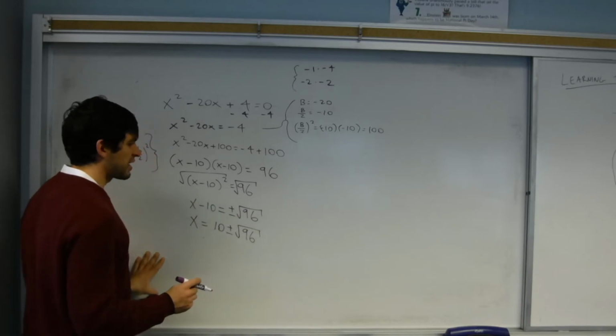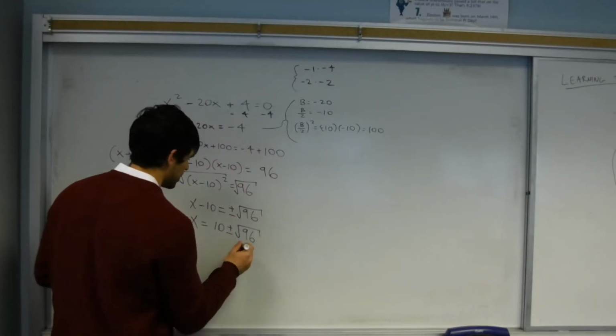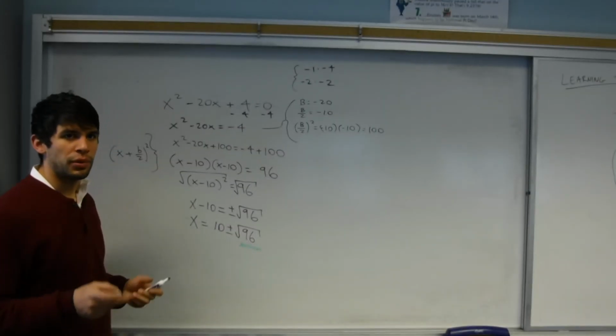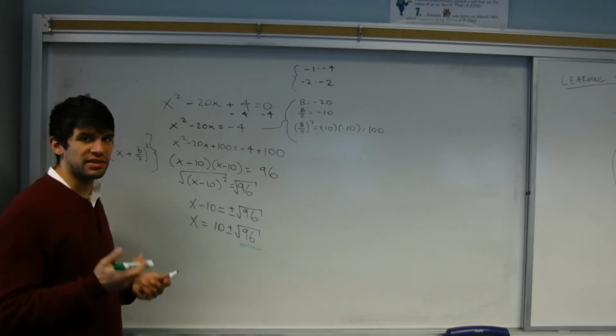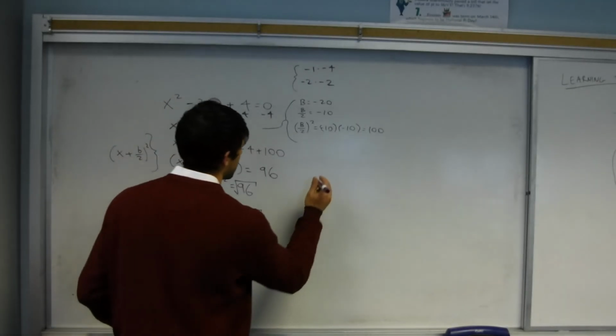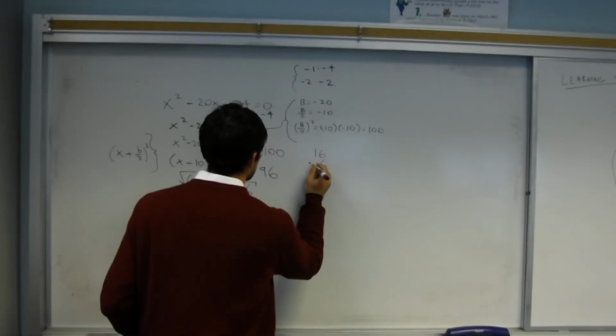So here, in the last case, we were done at this step. But what we notice about 96 is it's not a perfect square, but we can simplify it. We can break it down like we did in the last lesson. So you notice that 16 times 6,